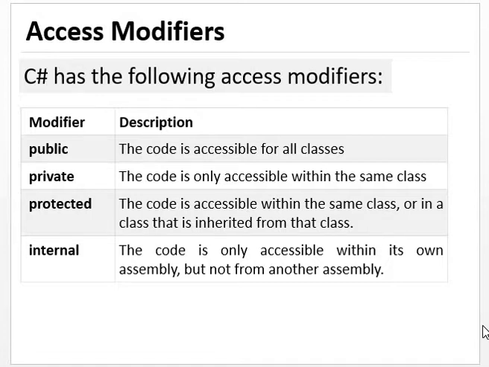Today we will understand the concept of modifier or access modifier, in which first we will understand the introduction of access modifier. Access modifier defines the scope of class member. A class member can be variable or function. Access modifiers are keywords used to specify the declared accessibility of a member or a type.